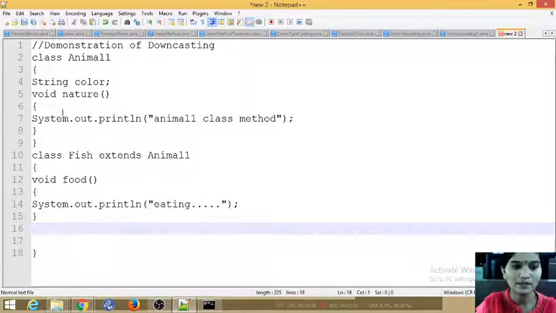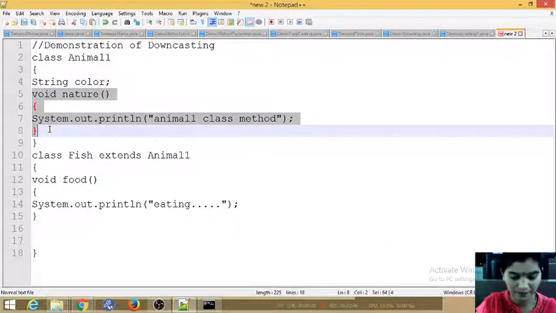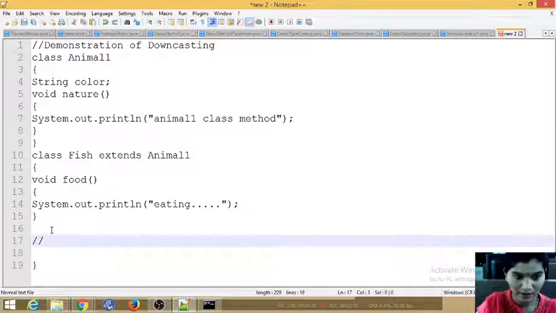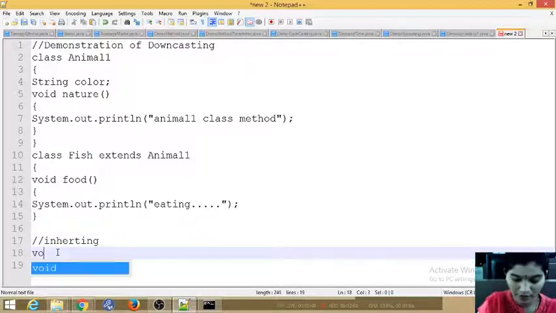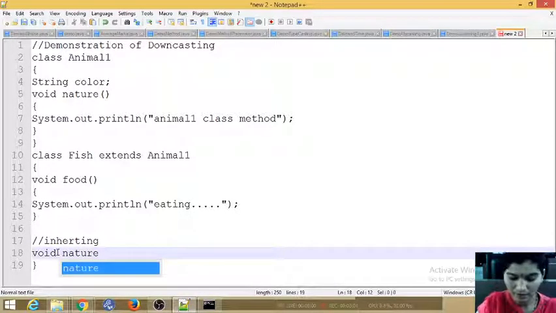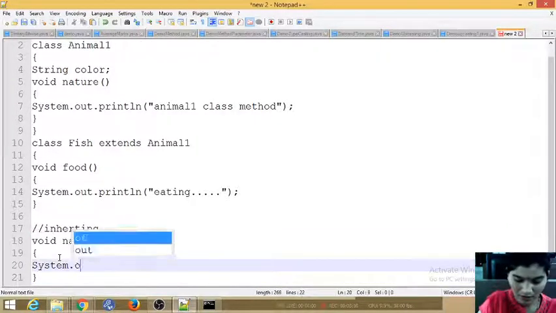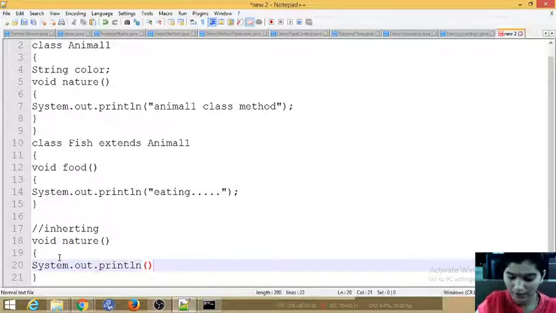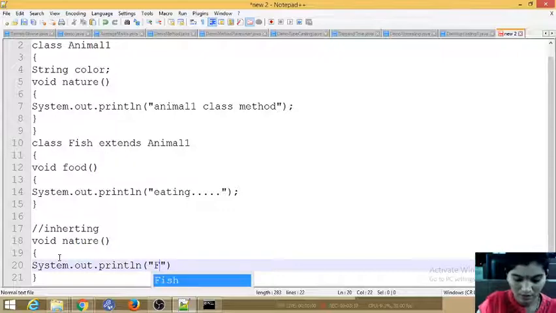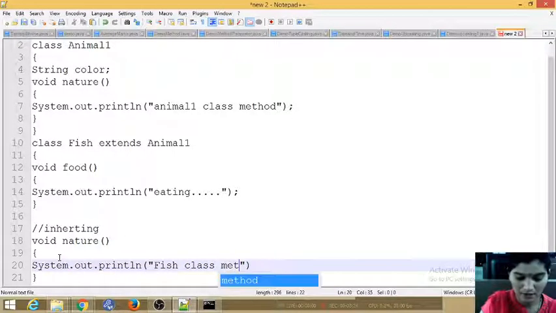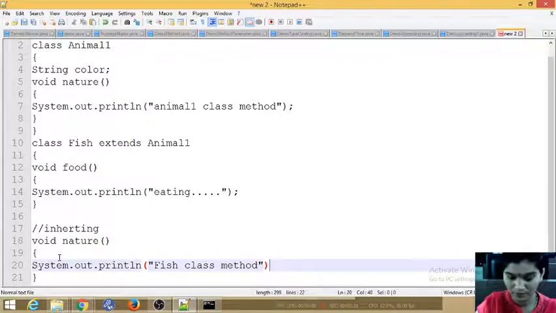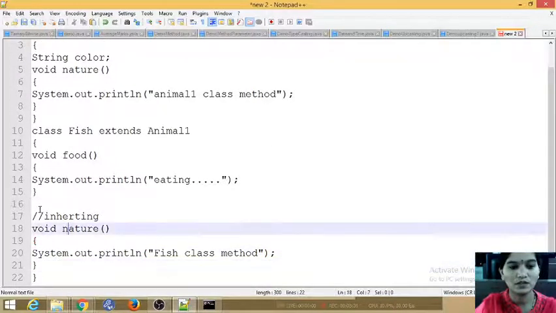Now we'll inherit a method from the superclass, void nature, and change the implementation: System.out.println fish class method, with the semicolon. So this is my Fish class.